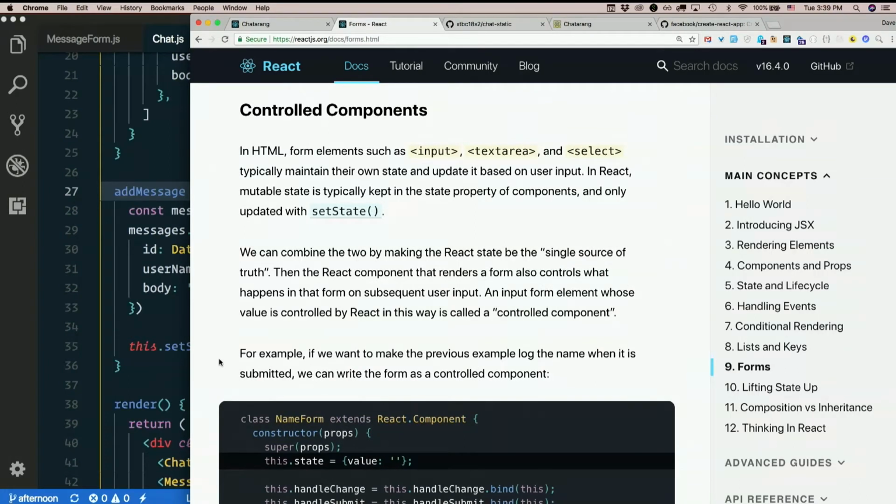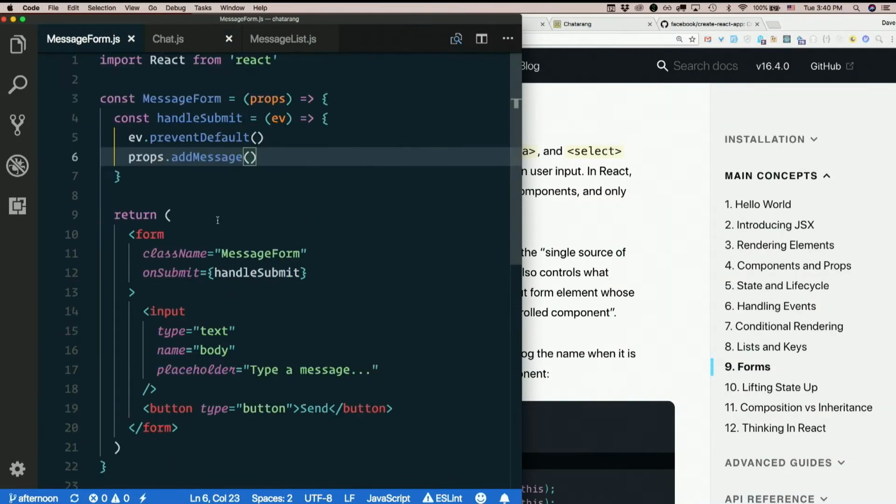In HTML, form elements such as input, textarea, and select typically maintain their own state and update it based on user input. You type a letter, that letter appears in the field, right? So really, the DOM is just managing the state of that element internally. In React, mutable state is typically kept in the state property of components and only updated with setState. But we can combine the two by making the React state be the single source of truth. In other words, make React responsible for what gets shown in that form field, not the DOM. So, long story short, the way to do that is to set the value prop on an input and just set it to something from state. So if we want a controlled form here,